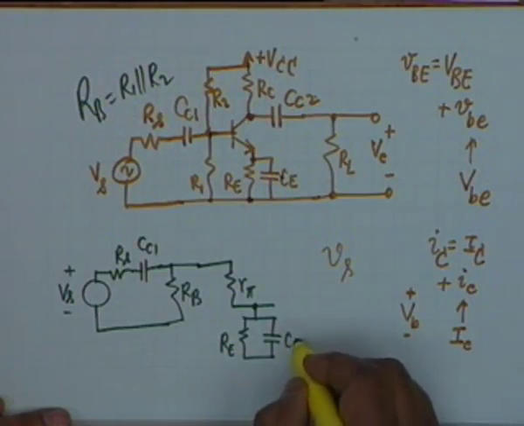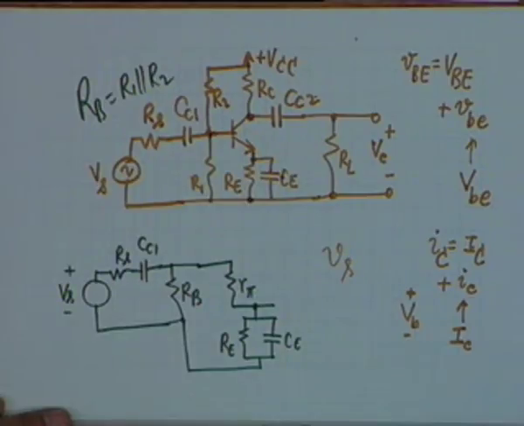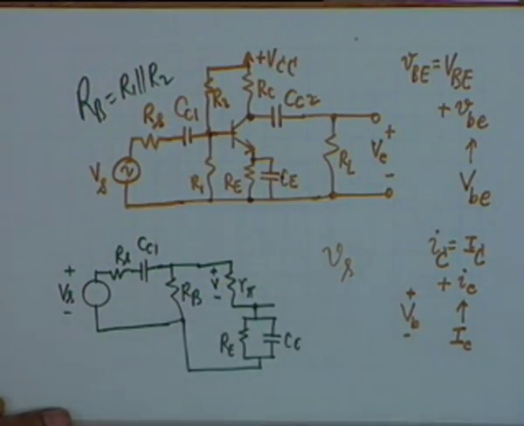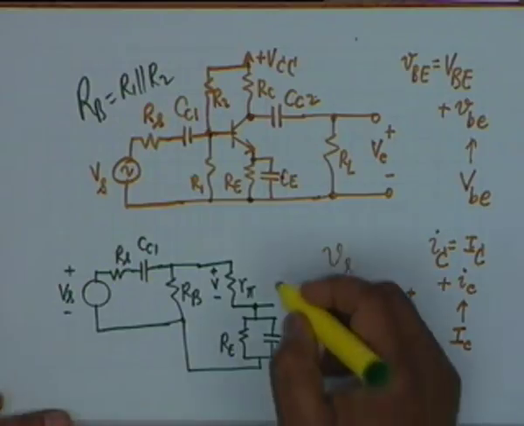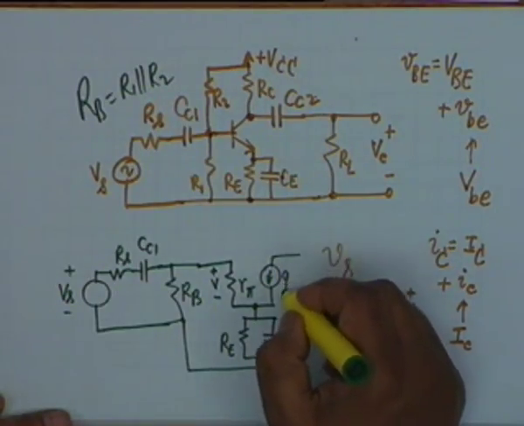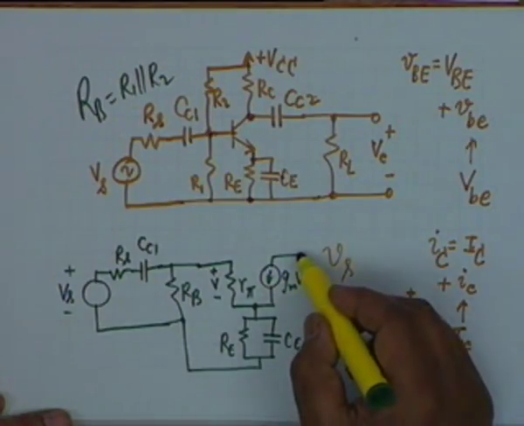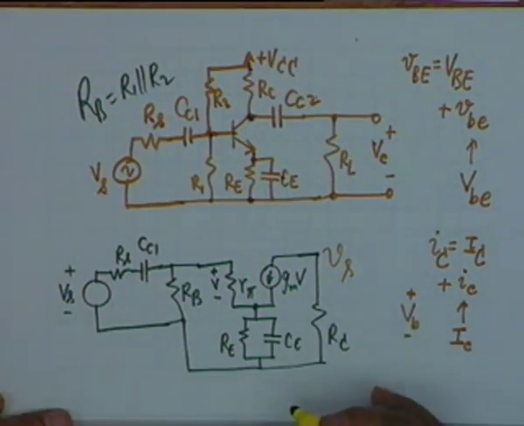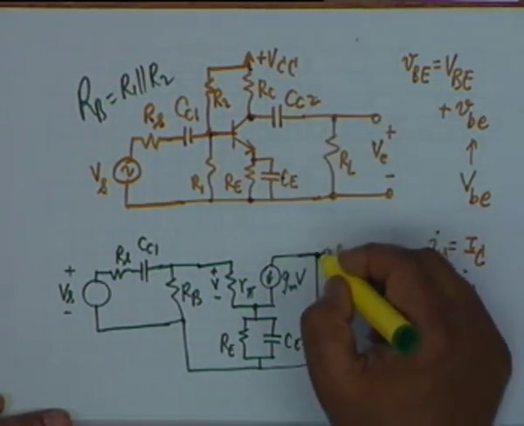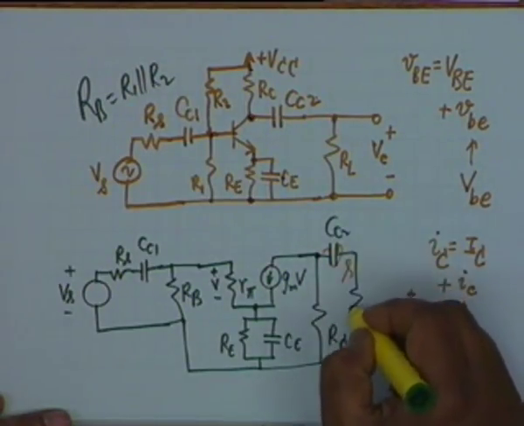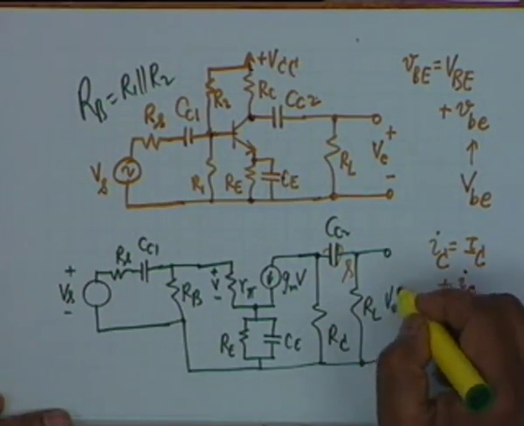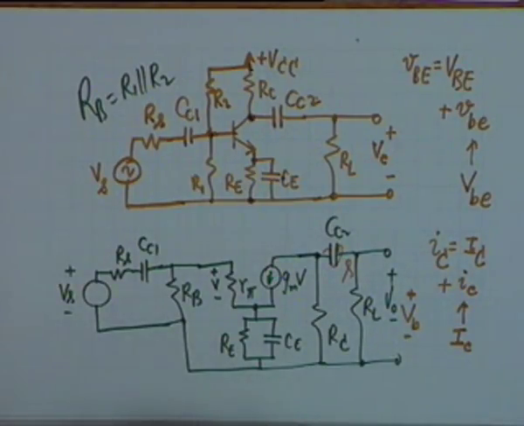RE and CE, this terminal comes here, and then this voltage, if I call this voltage capital V, this voltage is capital V, voltage across R pi, then at the output you have gm times capital V. This is the collector terminal, and from collector to ground goes a resistance R sub C, and then from the same point collector a capacitance CC2 goes to RL, and this voltage is V sub C or V0, the output voltage. Okay.